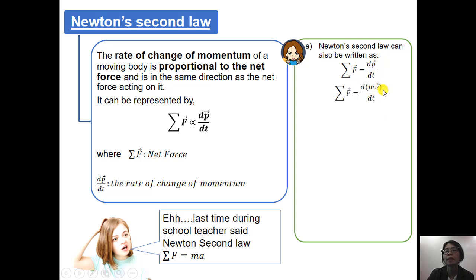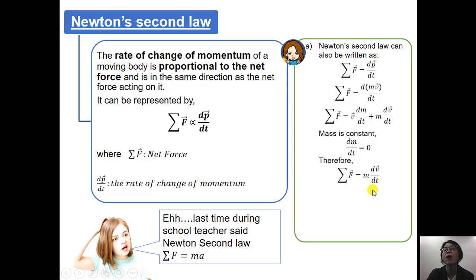Momentum is mass multiplied by velocity. So we might have summation of force is the rate of change of mass times velocity, plus mass multiplied by the rate of change of velocity. Anyhow, for most of our situations, our mass is constant. So the rate of change of mass is equal to